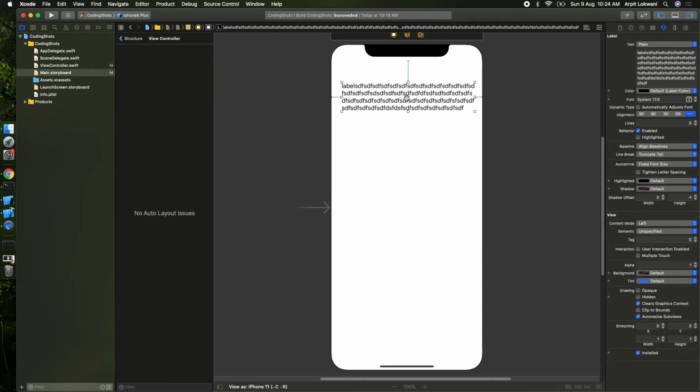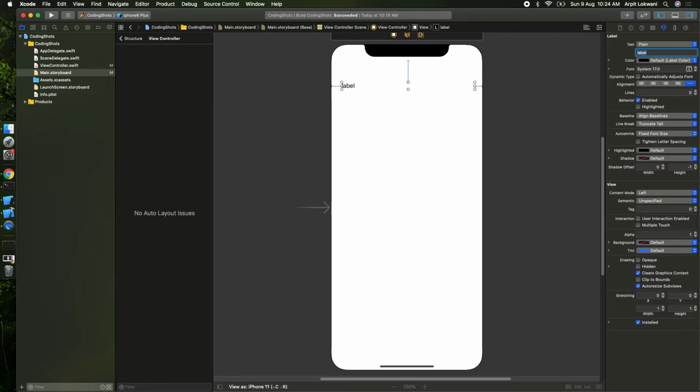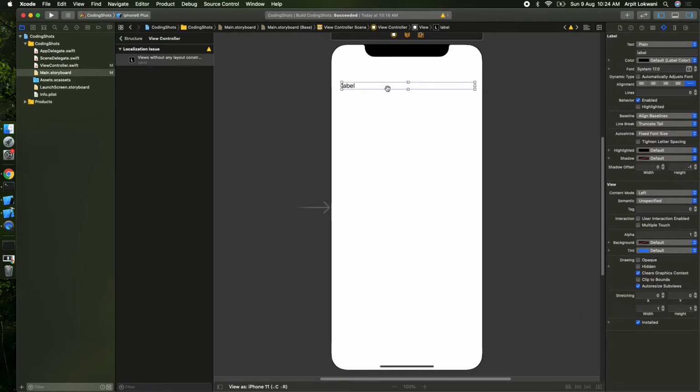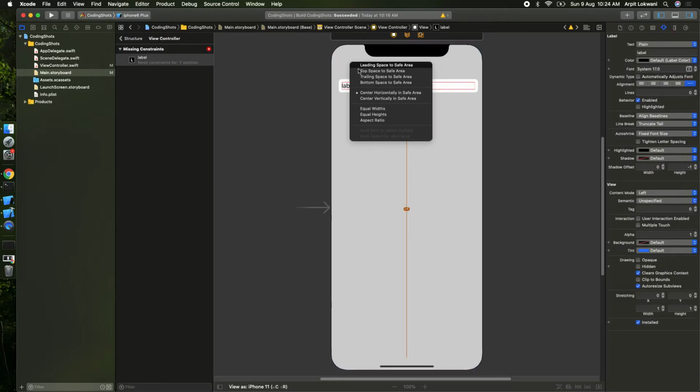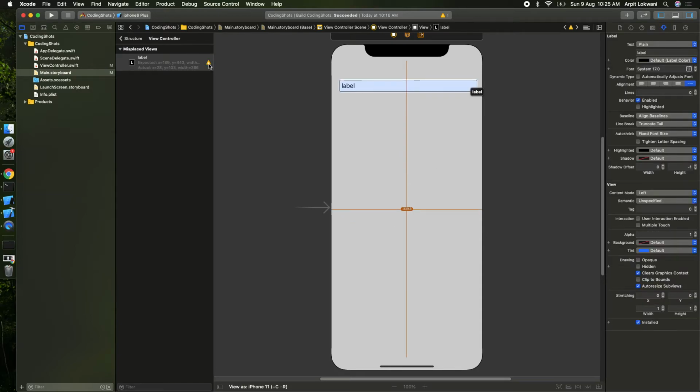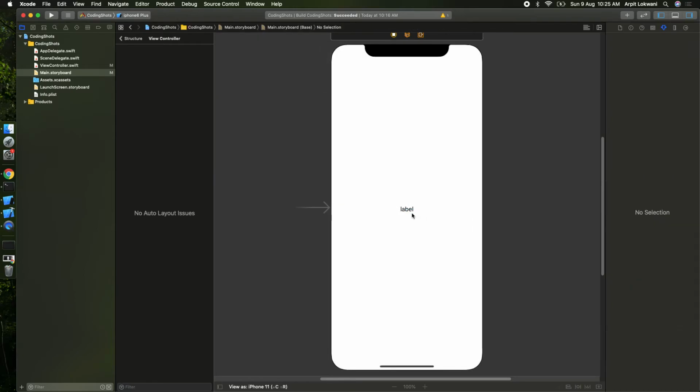Now what if you want to put it in the center? So I will remove all this stuff. Now I will remove all the constraints of this. How can I remove them? Go to the pin, select the views, and clear this. So every view has removed its constraints. Now there is a beautiful way to put it in the center. We can say center horizontally and center vertically. So now it should come automatically. If it does not, then you need to update the frames. It will come. It looks fine.